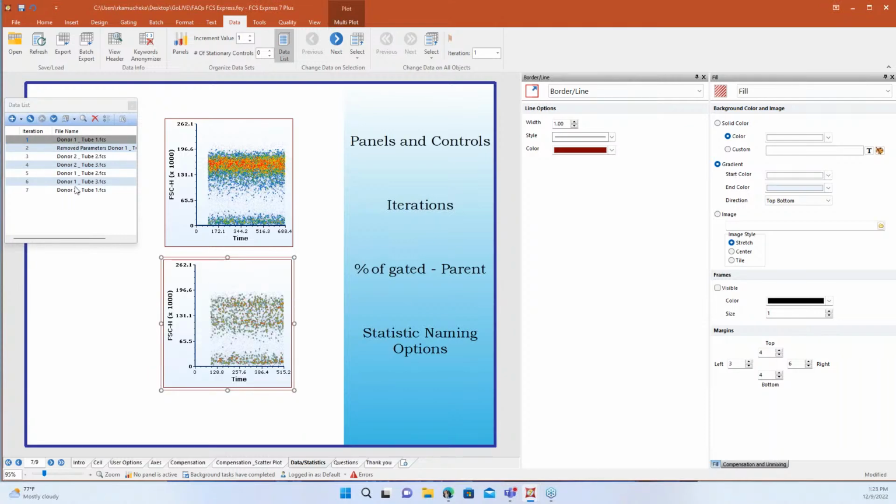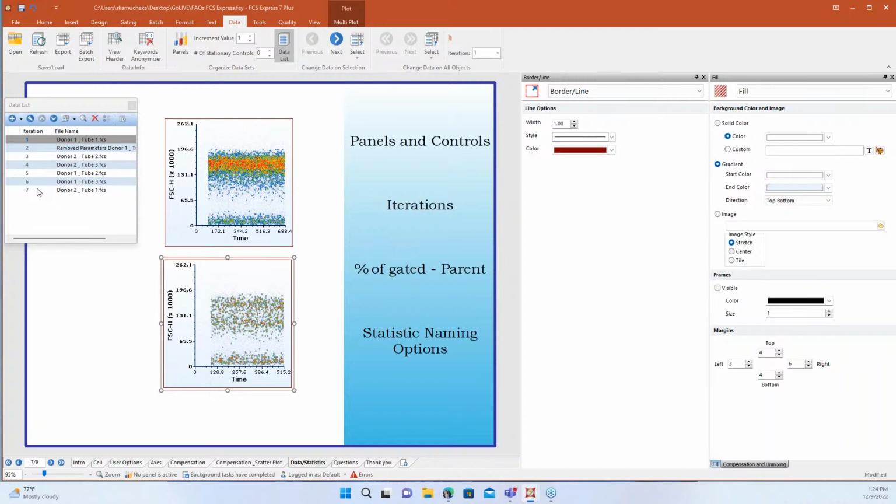What has happened here is FCS Express will try to remember the order in which you're using your data set. So if I use sample 1 and 3 or sample 1 and 4 while I'm working through my analysis, it will try to keep that pattern. If I did 1 and 4, it would be 2 and 5, 3 and 6, 4 and 7. And then when I got to sample 5, there was no 8, so it would break the pattern, and anything from 5 on would be grayed out. Right now, because I did the whole spread of data, you see that 2 through 7 is deactivated pretty much. And you won't be able to do batch processing or let the software do that.